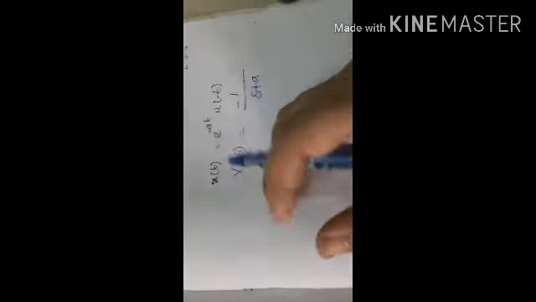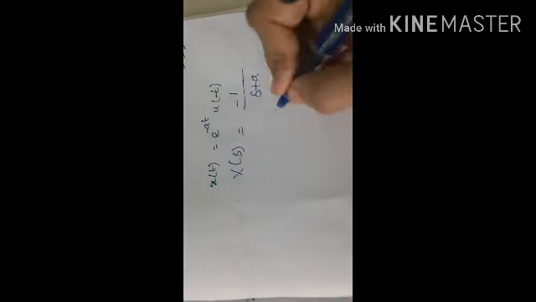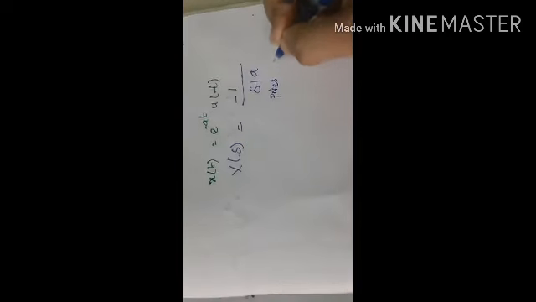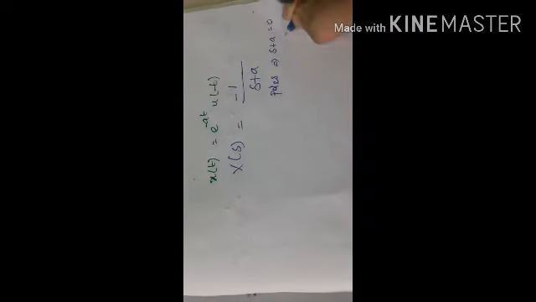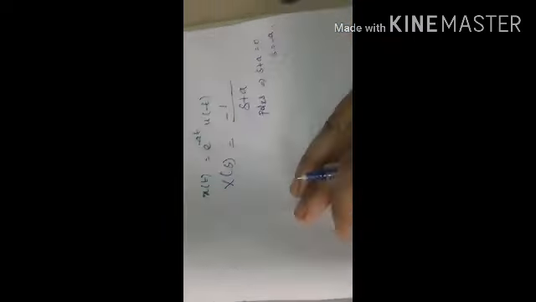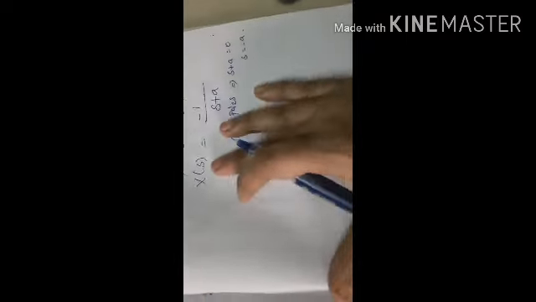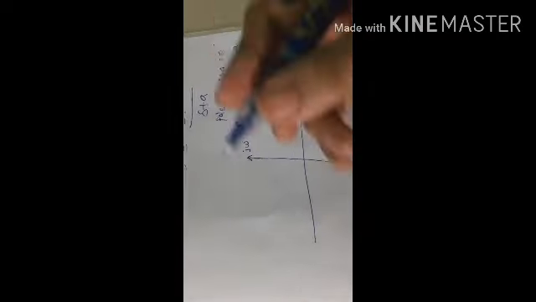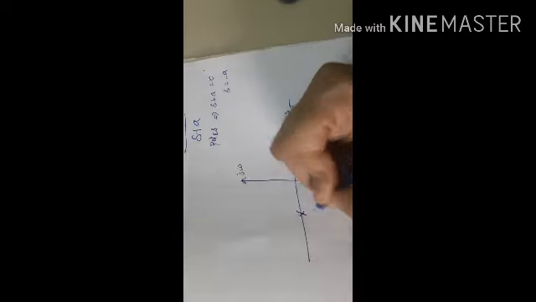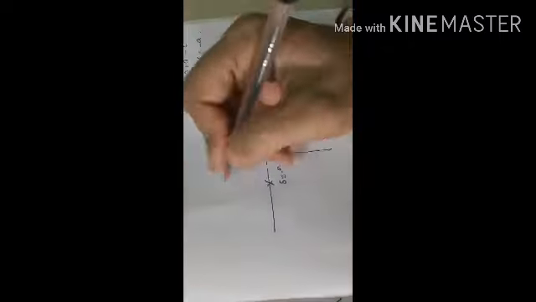Now we will find the pole for this function. How can we find the pole? By equating the denominator to 0. So s plus a is equal to 0, s is equal to minus a. Now we will draw the real-imaginary axis, the sigma j omega plot. Now we have our pole at s is equal to minus a. This is our pole. Now I am going to draw a line parallel to the imaginary axis.